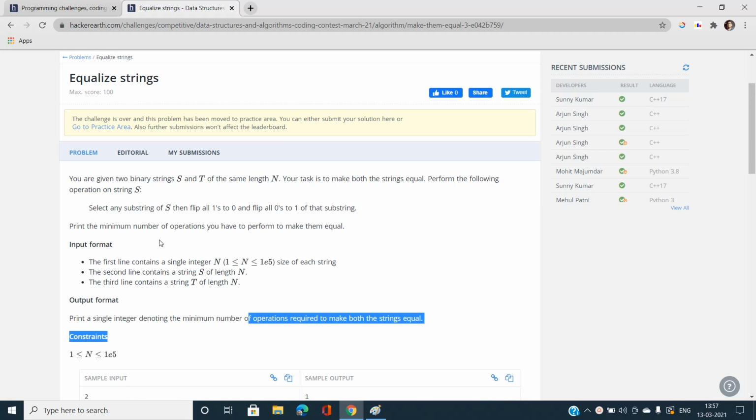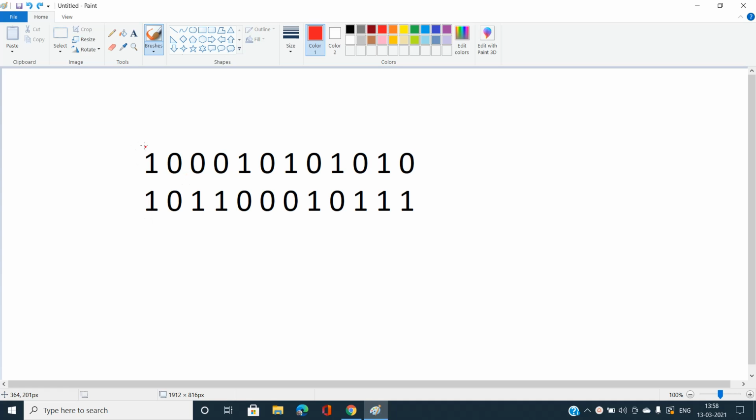So let's begin to understand this problem, analyze this problem, and what will be our approach to solve this problem in most efficient way. So let's move further. So basically I am going to take a string s1, okay, and another string s2, okay. So we have to find the minimum number of operations we need to perform to make the strings equal. Suppose we have chosen a substring, and substring contains ones and zeros. We are going to convert all the ones to zeros and all the zeros to ones. Okay, and we have to find what will be the minimum number of operations.